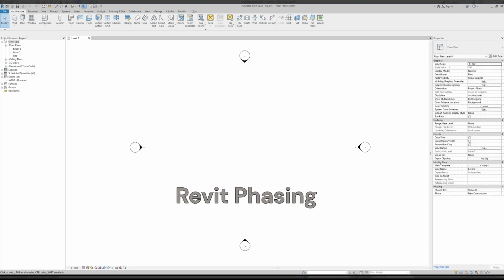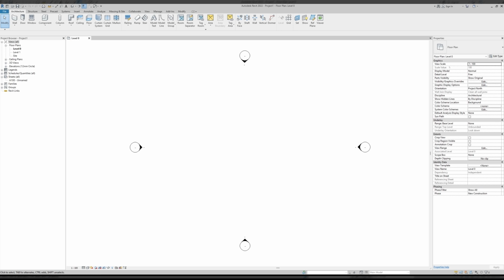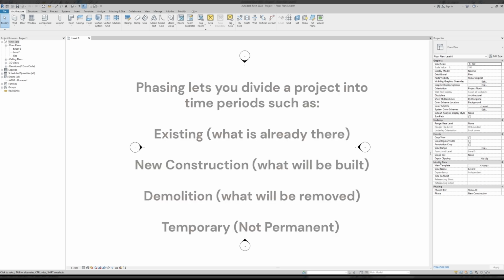So, guys, today we're going to start with Revit phasing. As you might already know, Revit phasing is a way to show how a building or an area changes over time. We show this in one Revit model, sometimes in multiple Revit models. So, what is Revit phasing? It lets you divide a project into different time periods, which you can say like